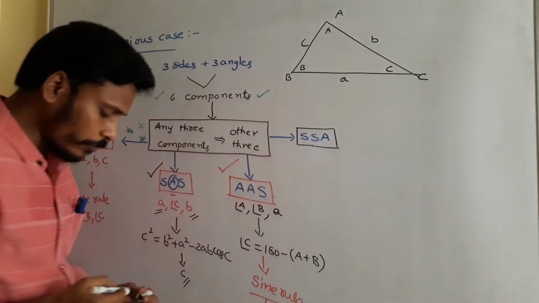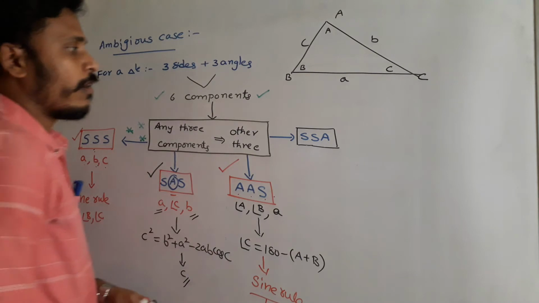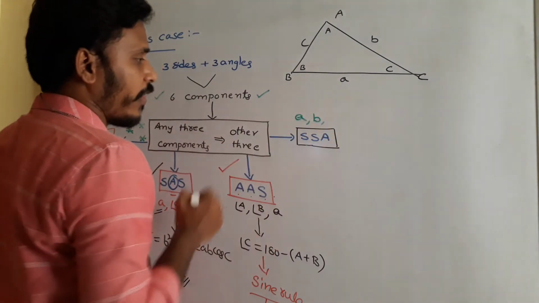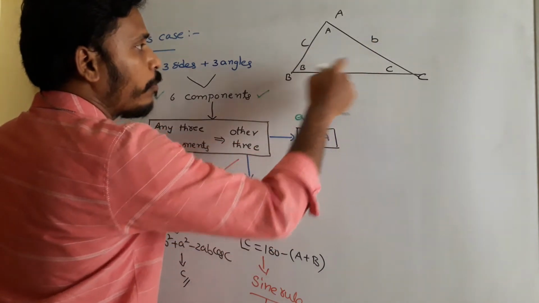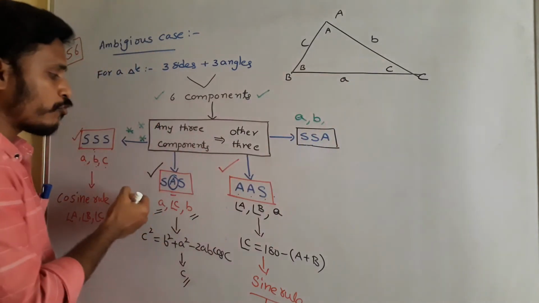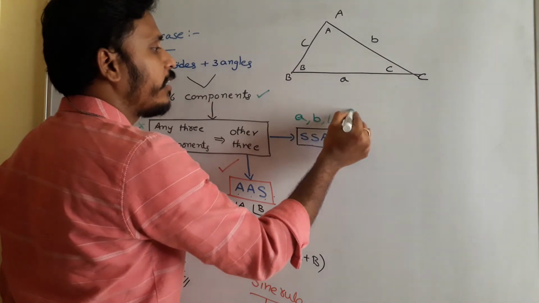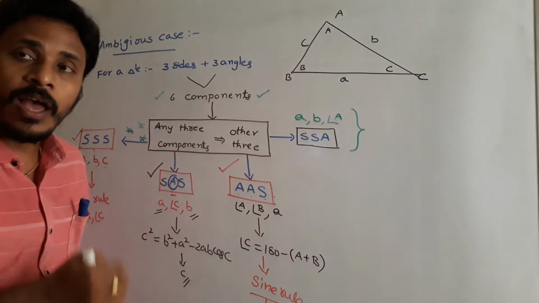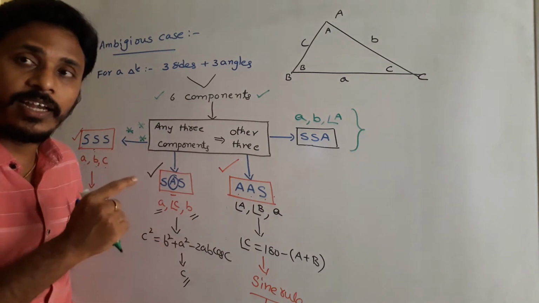For suppose you take those two sides: small a is one side, small b is another side. The angle can't be included between these two. If that angle is angle C, then it comes to the second case. So you just take any other angle like angle A. So this is given. What I know is angle A, side length a, and side length b.